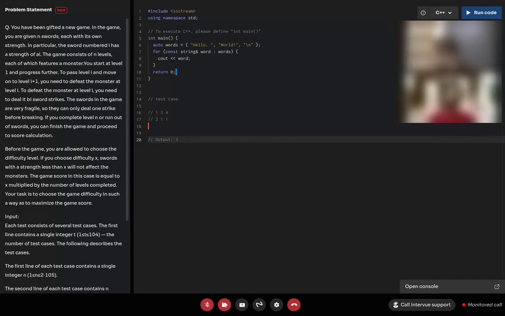Yeah. What I was thinking is we'll use a priority queue. We'll store the strength of the monster we can beat in that priority queue. Then we'll loop over it.